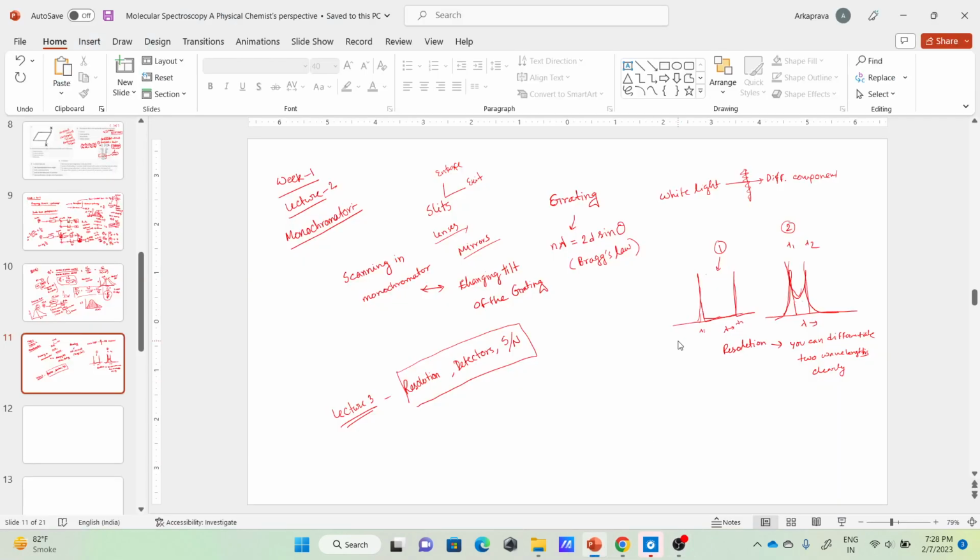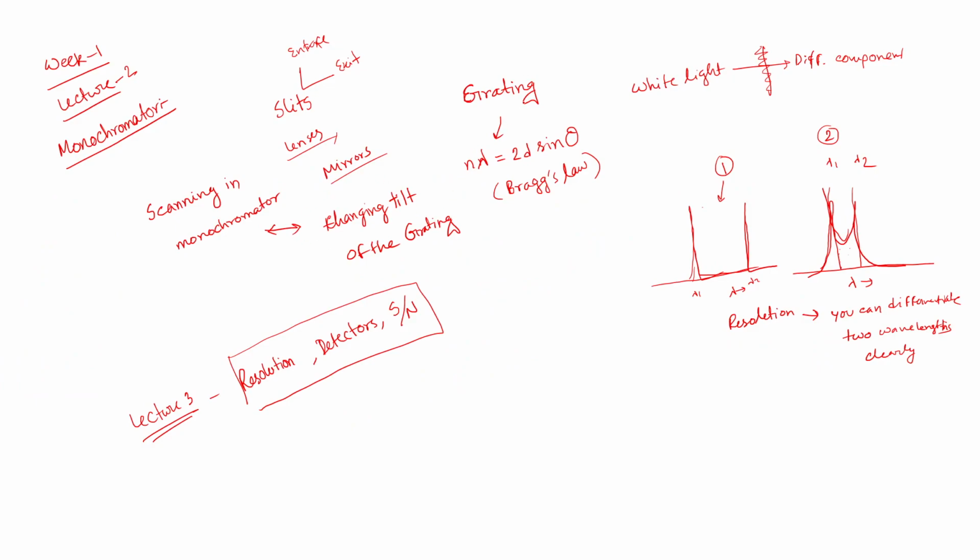Let us go back to our study. So the first picture tells us about the higher resolution. To get a resolution, suppose we are only considering n equal to 1, the first order: lambda 1 equals 2d sine theta 1. For lambda 2 you need a different tilt angle, sine theta 2, as we are discussing here in the monochromator. Suppose delta lambda is the difference between lambda 1 and lambda 2,